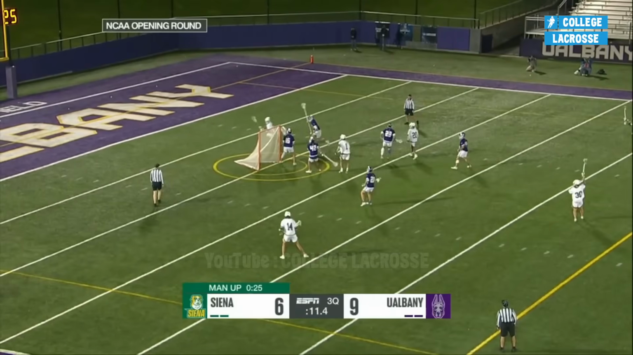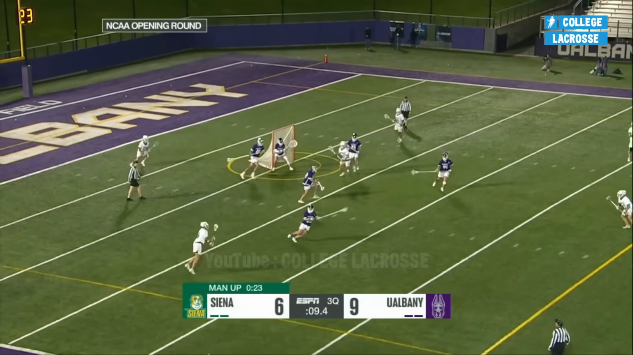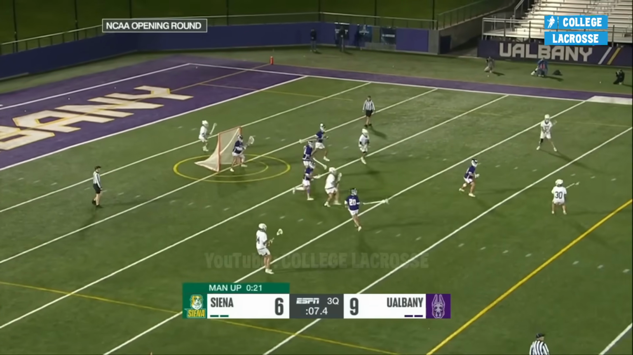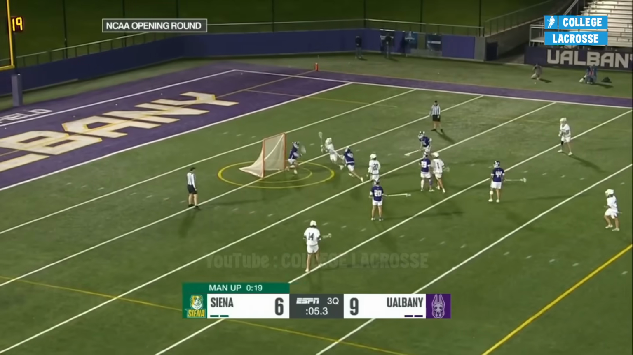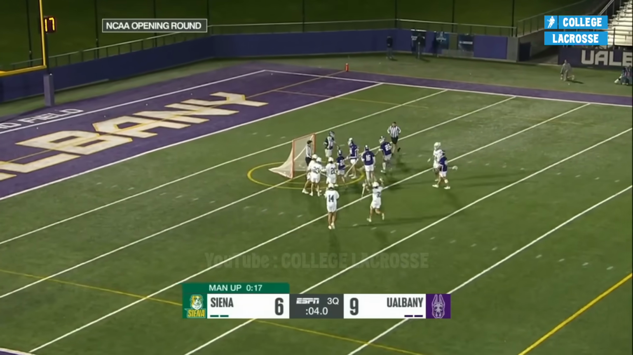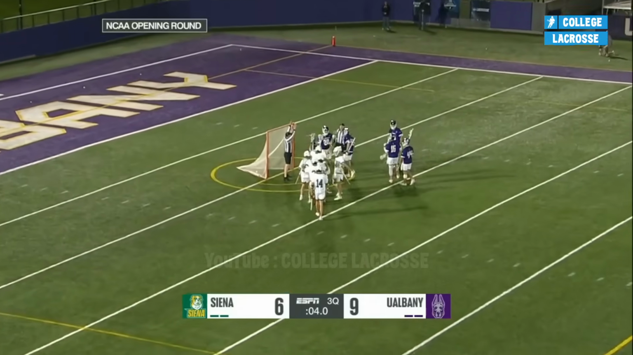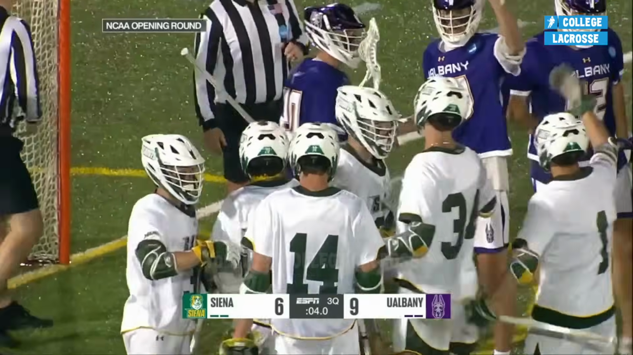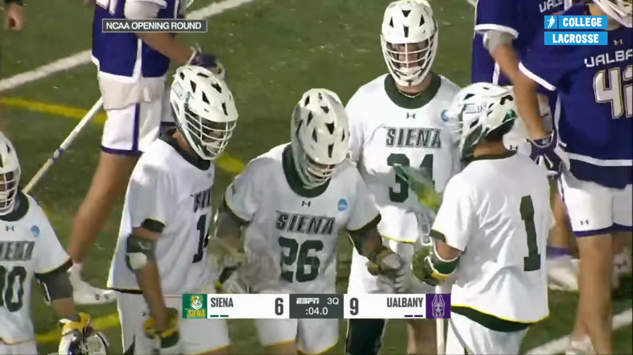Around the perimeter they go. A swim move trying to get open to the near side. Radomski now under 10. Up top. Worked in front. They score. A beautiful pass from the top from who else but Ryan McCarthy. And Siena cashes in while a man up to make it a 2-goal game with 4 seconds left in the